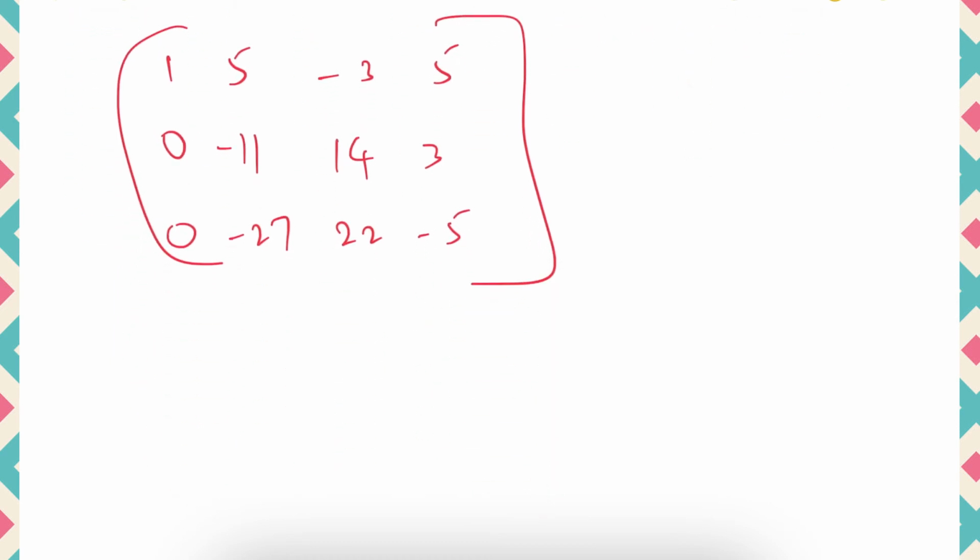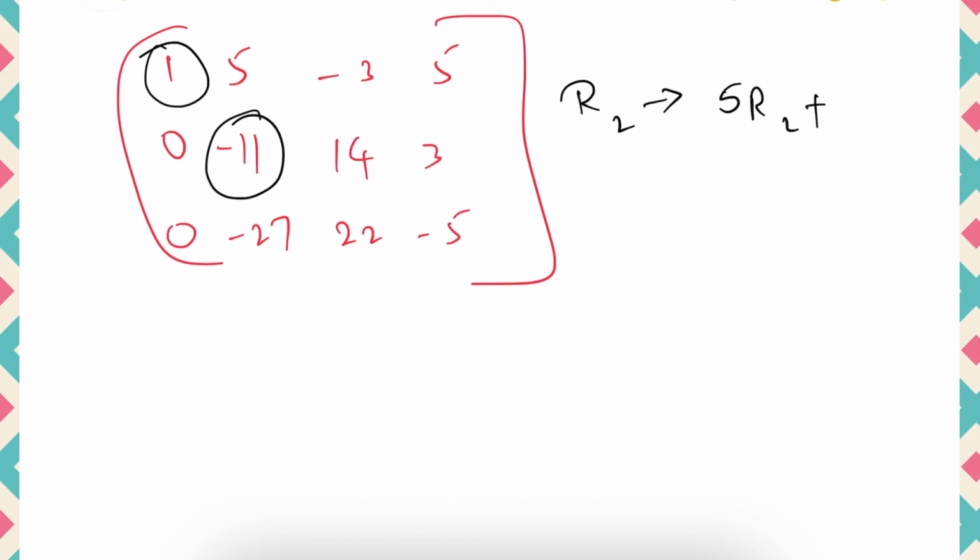Okay, observe now here. Here 1 is there, that's okay, no problem, it should be there. And here also we want 1 only. So first I will try to get 1 there. How will we get 1 there? Let us check it out. R2 I want, right? So R2 I will change to 5 times R2. That is 5 into minus 11, 55 it will become. Then plus 2 times R3 I will do, because 27 twos are 54. That is 55, this is 54. Okay, 1 we will get.